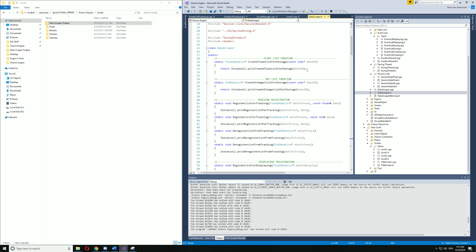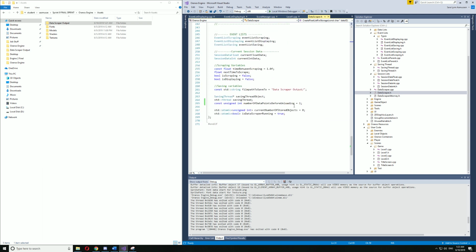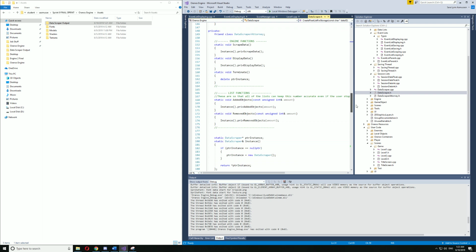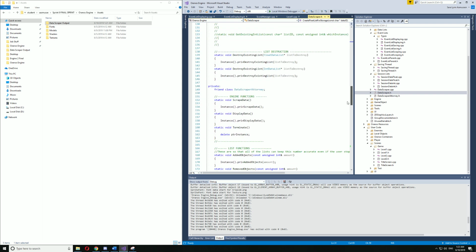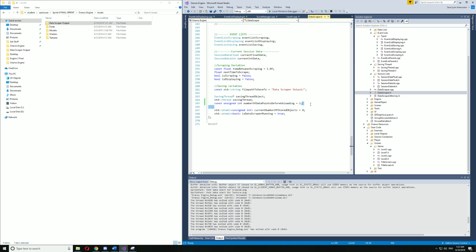So extremely high level is that this is designed to be a singleton where all users and engine programmers can have objects dynamically added or removed at runtime to be either saved, displayed, or scraped. So scraped means the engine itself will track it every time step, which here is 1 second. It will call scrape on everyone who's been registered for scraping. And at the very end, it will unload everyone who needs to be saved or offloaded, which I'll get more